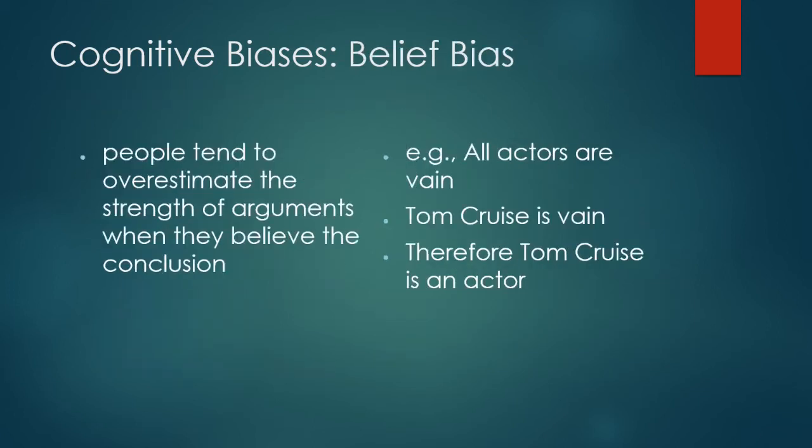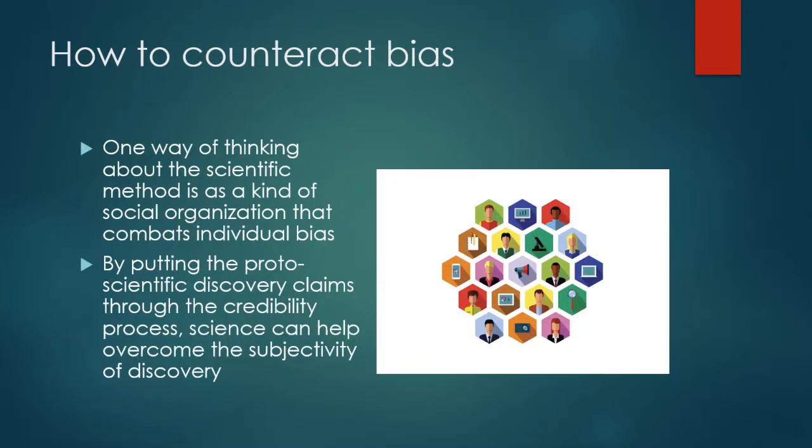Comprehensively, we should probably be glad we have them in us because it makes us able to live in a very hostile and confusing world and sometimes be successful in our projects. So I'm not saying we should try to get rid of these things, but we should be wary of them when we're trying to evaluate something that was produced by just one individual. So one way of thinking about the scientific process, the scientific method broadly construed, is as a way of coping with this fact about ourselves. It's a way of trying to mitigate the damage that could potentially be inflicted by the fact that we're all